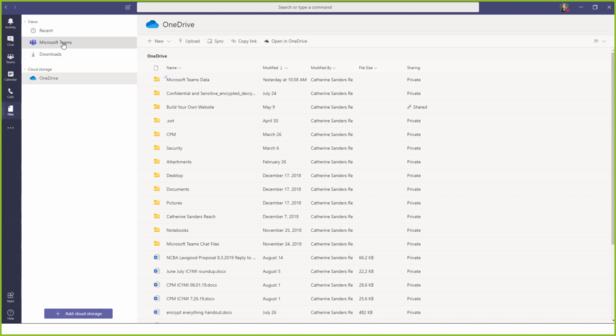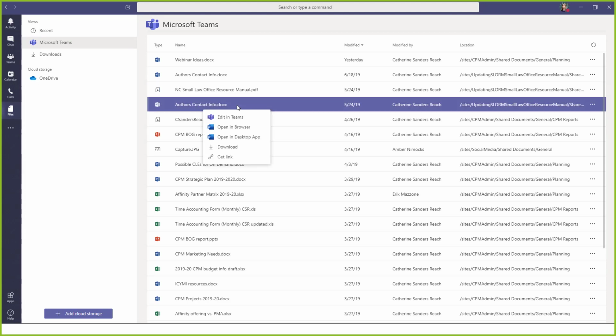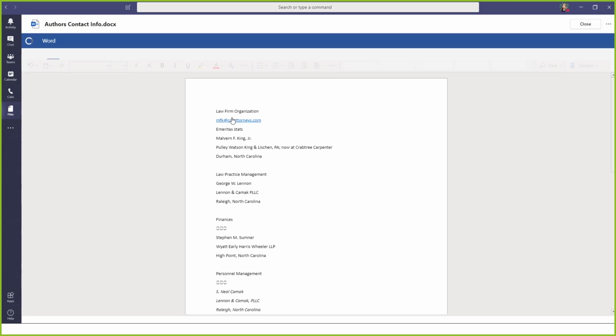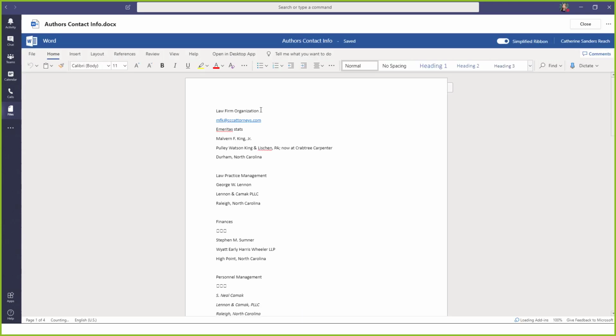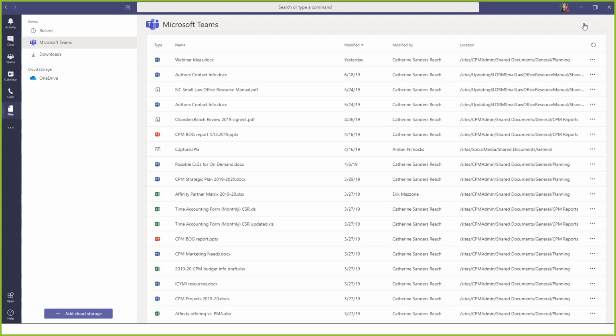But if I go back into where my documents are shared with other people, if I right click on a document, I can click on edit in Teams. It'll basically pull that document up into that team, and let me edit it, or I can open it in Word Online, or I can open it in Word on my desktop, or download it. So if I click on Edit in Teams, it's going to pull it up, and then when I make a change, and then close it, that document will be saved, and when I open it back up in the Teams, changes that I made there